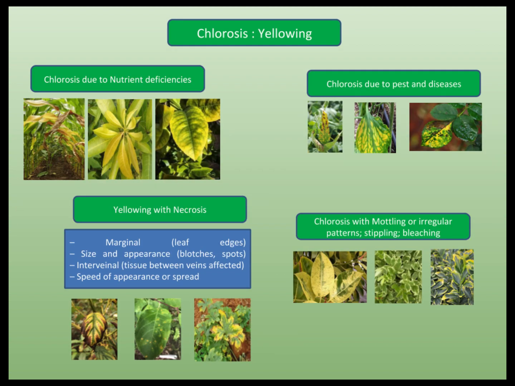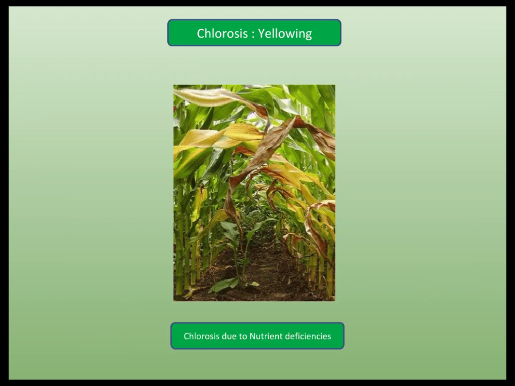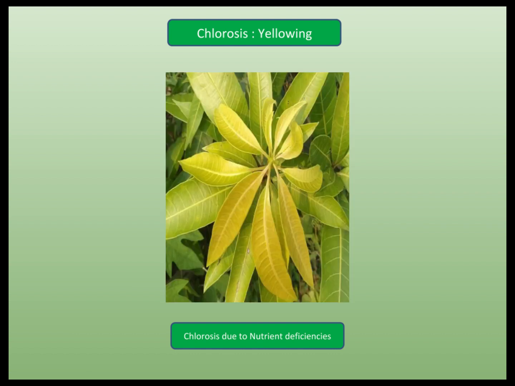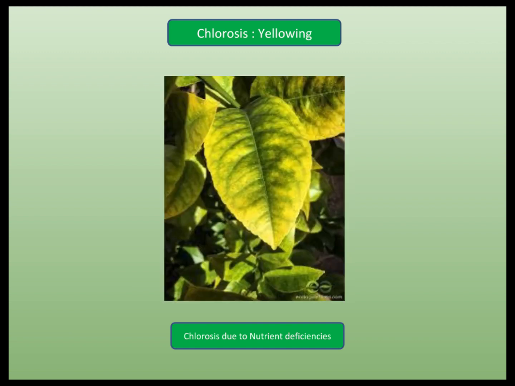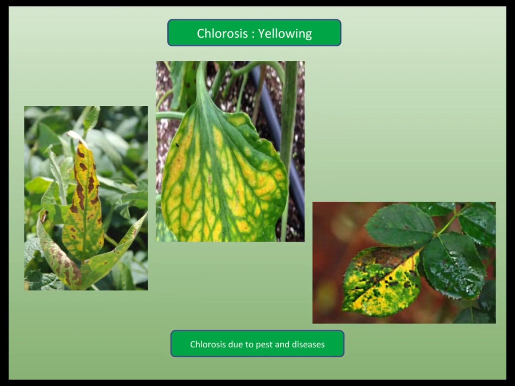Next, let us discuss chlorosis or yellowing symptoms on plants. If the chlorosis appears on older leaves in some cases and younger leaves in some other cases, either on the complete leaf or interveinal or intraveinal chlorosis, then it is caused due to nutritional deficiency such as nitrogen, sulfur, zinc, and iron. If yellowing is accompanied by necrosis of leaf margins, blotches, and spots with central blackening or browning, then it can be due to diseases.